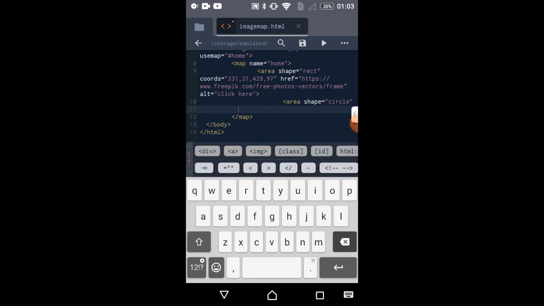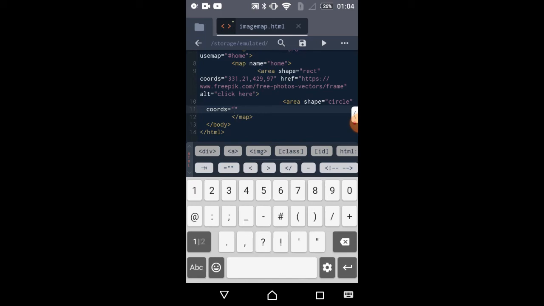After circle, we have to write coords is equal to, then write the coords 395, 202, 52, and we are done.